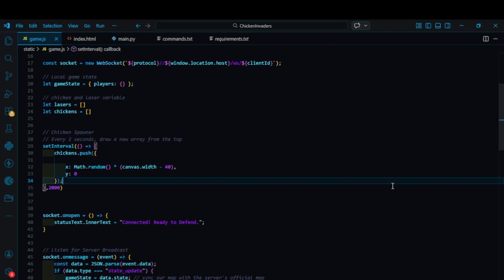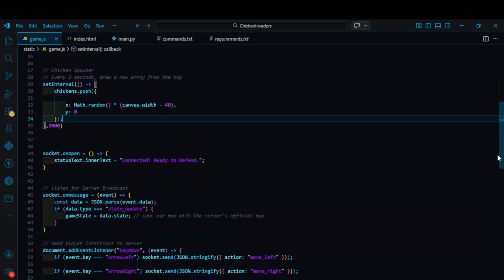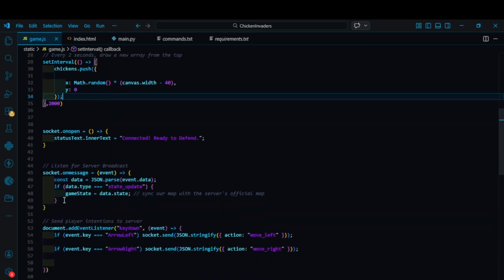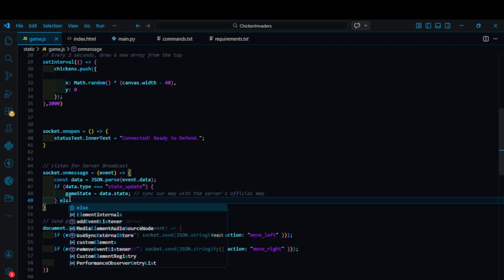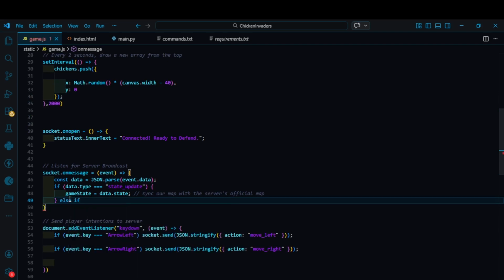Now inside the socket.onmessage, we're going to complete the if statement by adding an else if block. So for the shooting event, after we just updated our Python with the stateless shooting event, if data.type equals